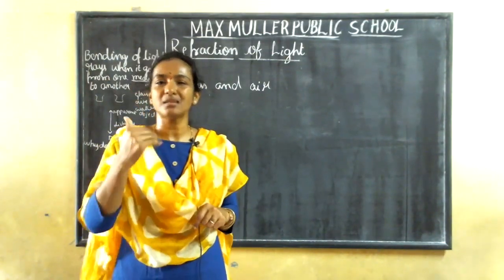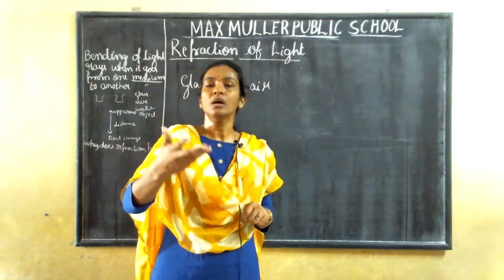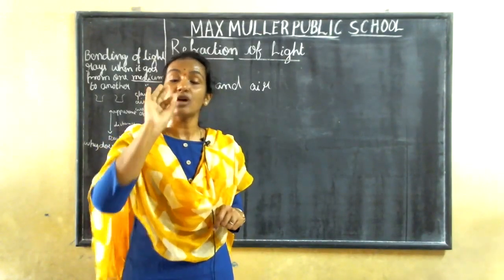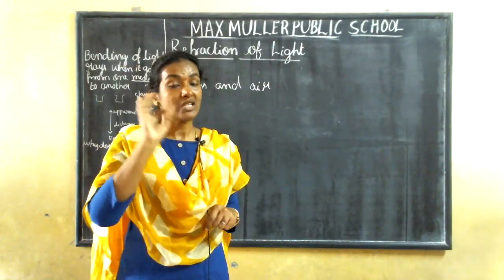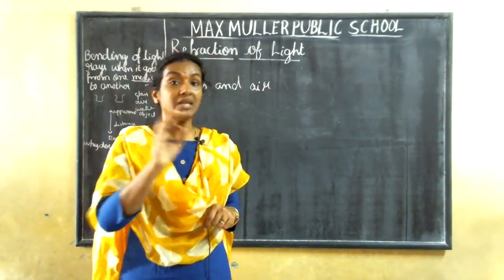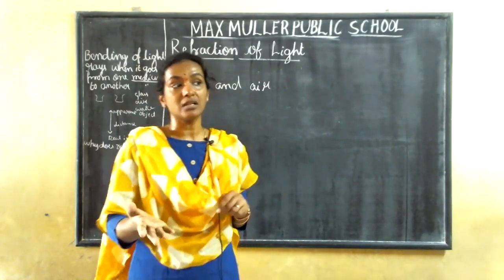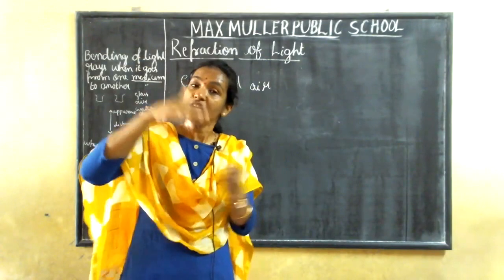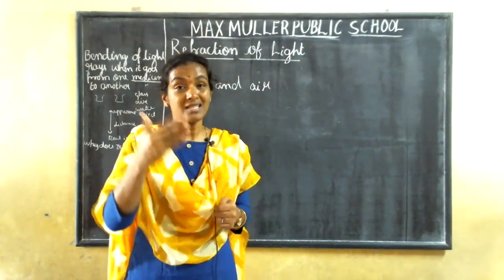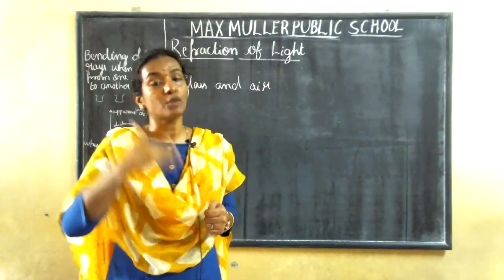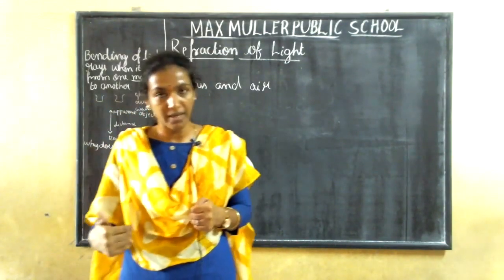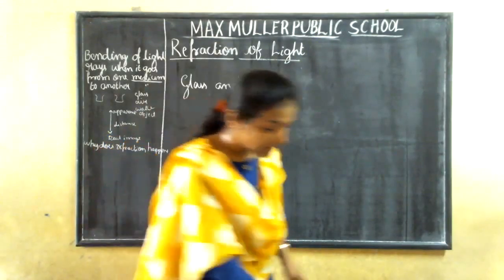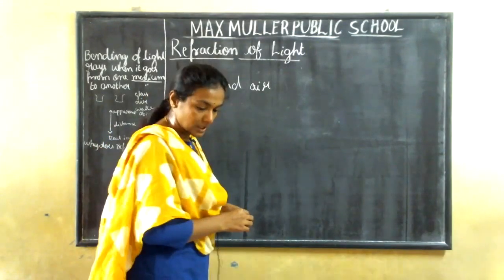The simple thing I'm going to explain is that light wants to reach on time, but it doesn't reach on time. Why? Because the speed of the rays is different in a different medium. Let us see what it does when it is going from dense, high speed medium to low speed medium and low speed medium to high speed medium. For that, I'm going to draw one diagram.